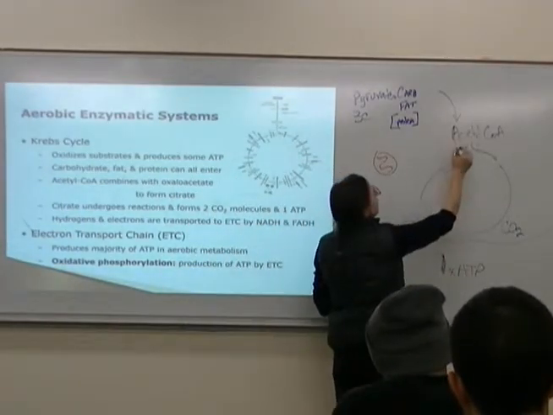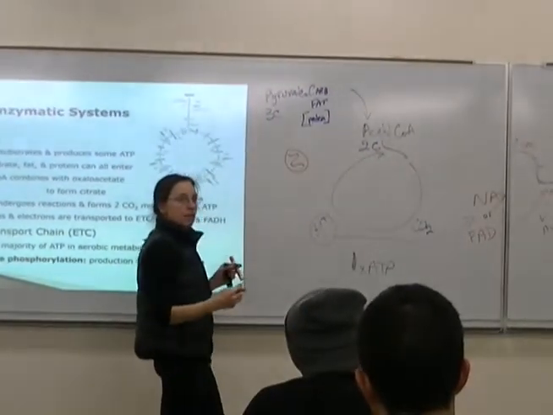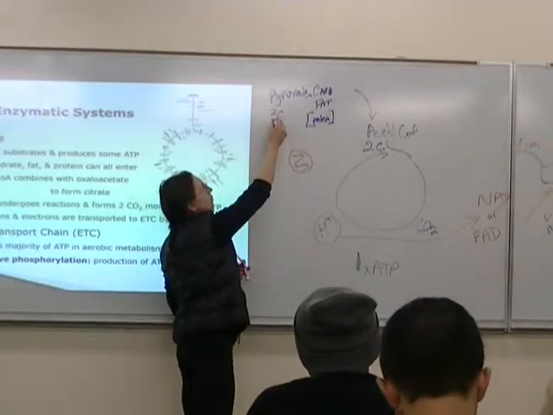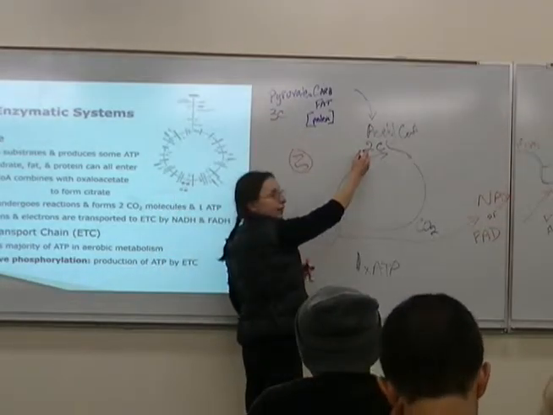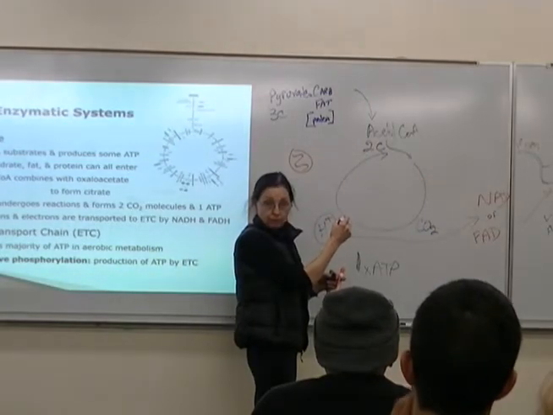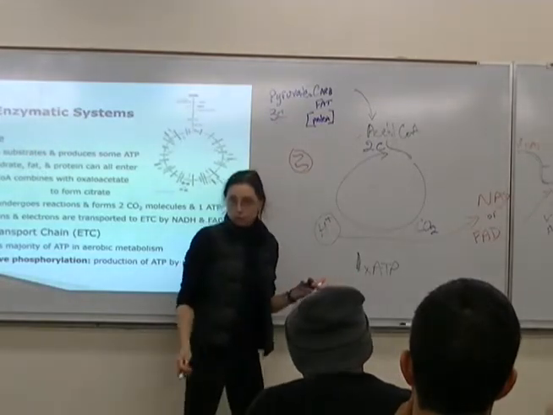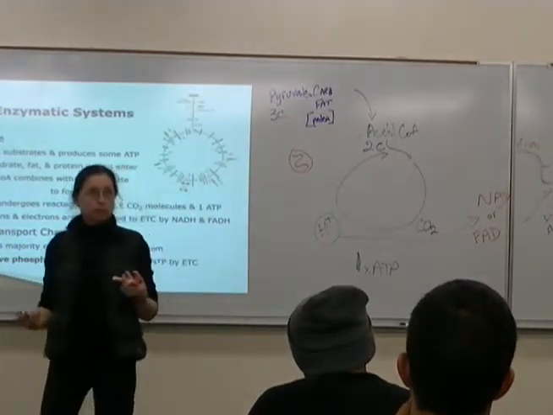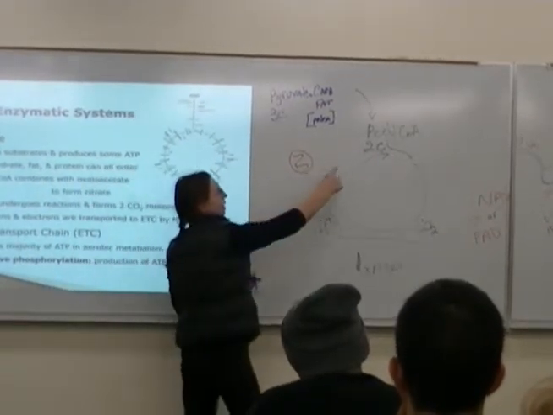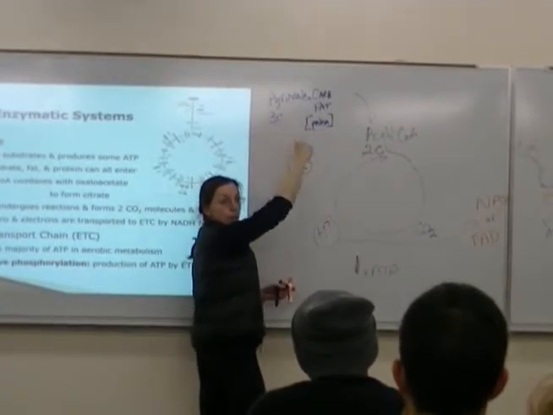We said that acetyl-CoA is a 2 carbon molecule. So for every piece of carbohydrate, I get 2 pyruvates. I can only get 2 cycles of acetyl-CoA. I have to drop a carbon as I'm turning it into acetyl-CoA. So for every molecule of carbohydrate, I can only do 1, 2 cycles, because I've got 2 pyruvates to feed in,